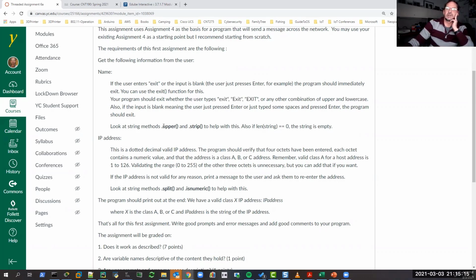Okay, so that means you're going to want to use these methods. Upper forces everything to uppercase, so you can always compare against an uppercase word. And strip is a new one. I don't know if I've gone over it or not, but strip basically gets rid of white space before and after